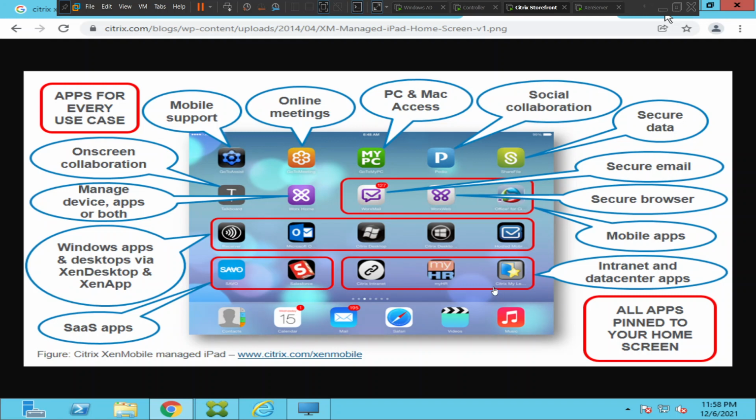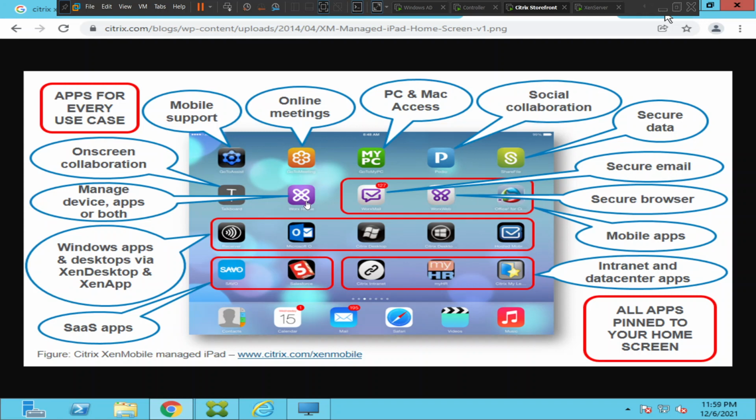Okay, if you see in the center, this is the Works Home application. This application is available on Play Store and Android Store. So what users can do is download this application from Play Store or App Store, and they can install it on their endpoint devices.